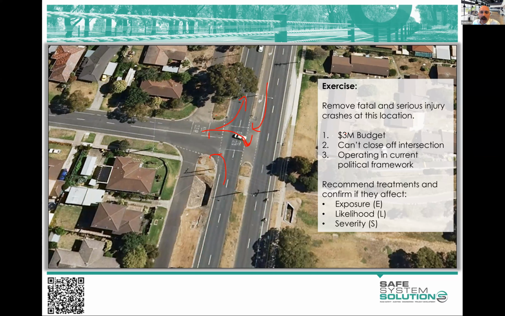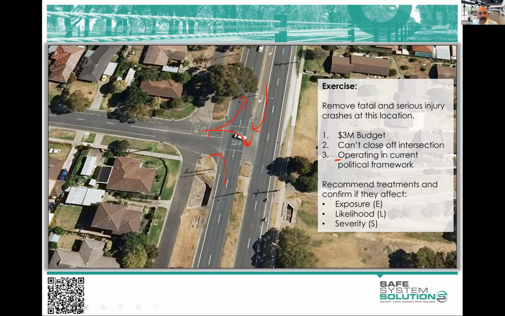And the other one is that you have to operate in your current political organizational environment. So if you're proposing something fairly radical, fairly out there, I'm going to ask potentially for a bit of a plan on how you might actually get that through the system and get it approved and get it built or changed, or whatever you're proposing to do. So it doesn't stop there. You've got another few little things.